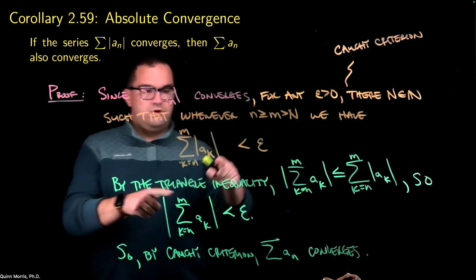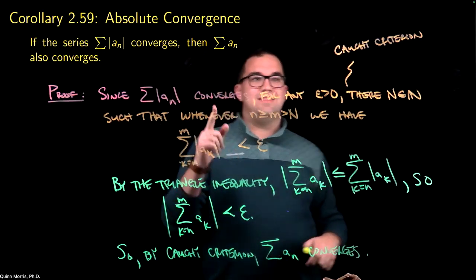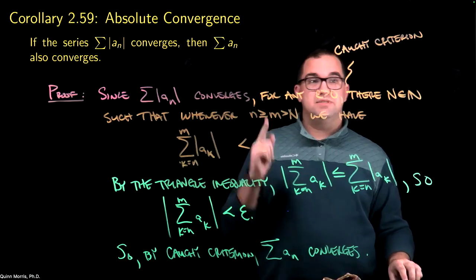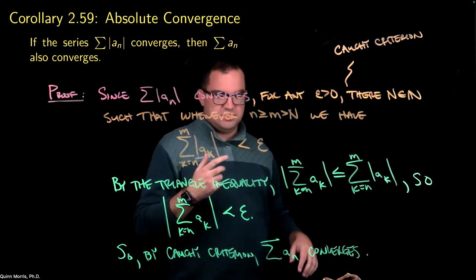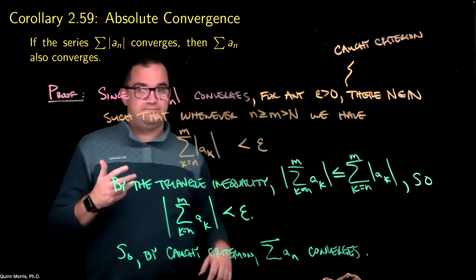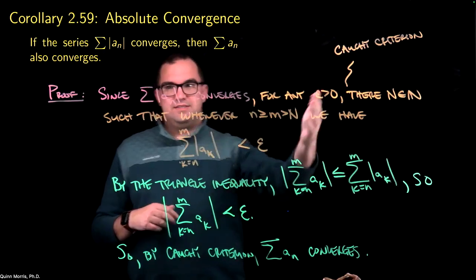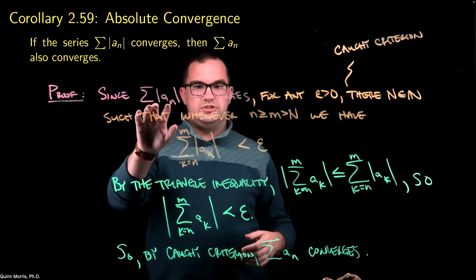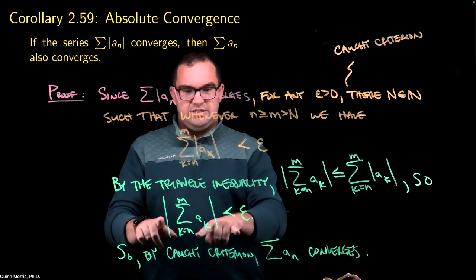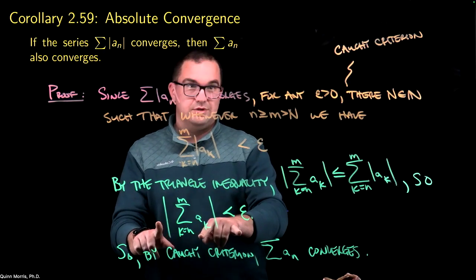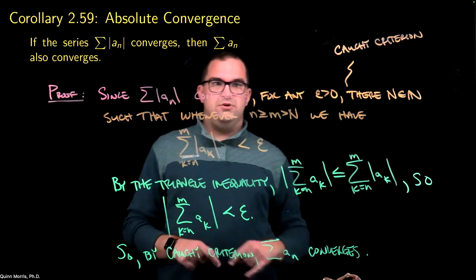Again, just remember, these are called Cauchy criterion because these are really just checking that the sequence of partial sums is Cauchy. And we know a sequence of real numbers is convergent if and only if it is Cauchy. So this Cauchy criterion is an if and only if. Since this series converges, this criterion is satisfied. Since this criterion is satisfied, which is really saying the sequence of partial sums is Cauchy, then this series must